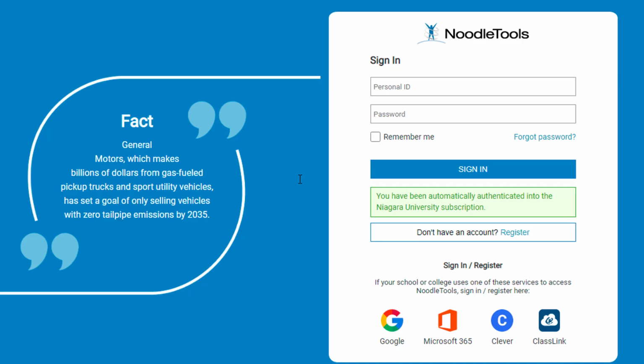Now we're on the NoodleTools login screen, and as the green message says, we've been automatically authenticated through the NU subscription. If this is your first time using NoodleTools, you'll just need to create your free account, but it's pretty quick and you only have to do it once. So click on the register link,